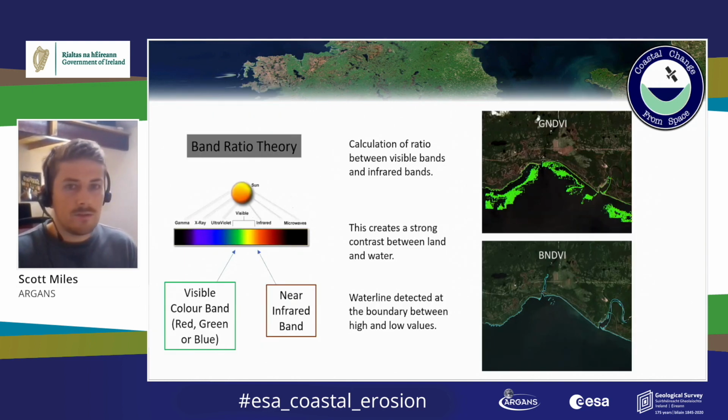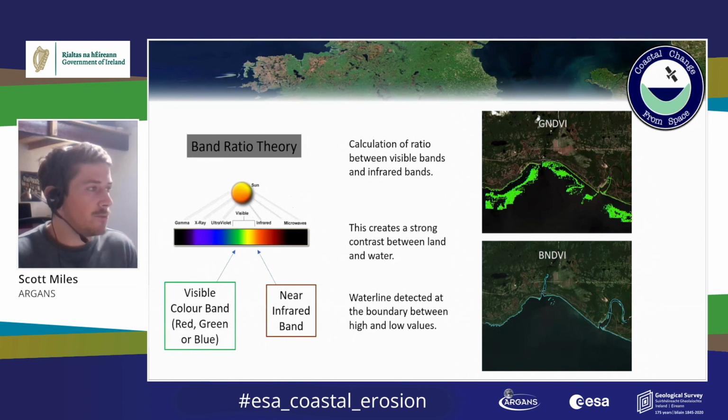Okay, so to detect the water lines, we use band ratios. This is the ratio between a color band and the near infrared band from the bands within the sensors. Using a ratio helps us to extract the waterline more easily than just using, for example, the color bands. And using the different bands, we can test different